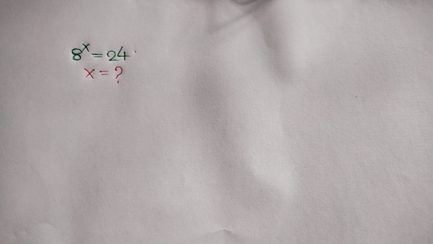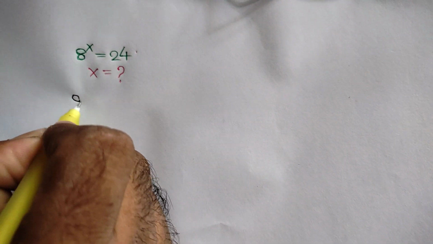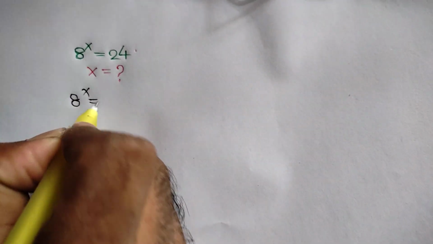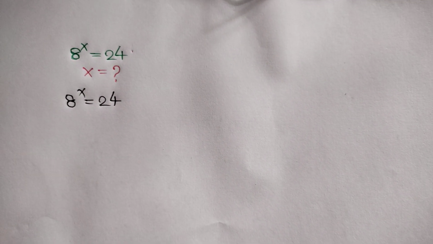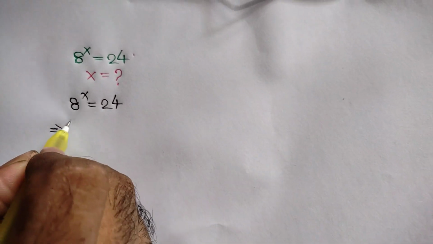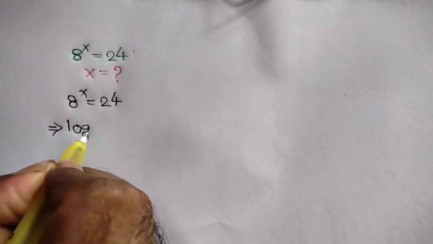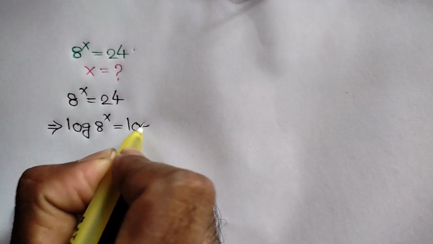Hi everyone, in this video I am going to show how to find the value of x where 8 to the power x is equal to 24. We have given 8 to the power x is equal to 24, or taking log to both sides we can write here log of 8 to the power x is equal to log